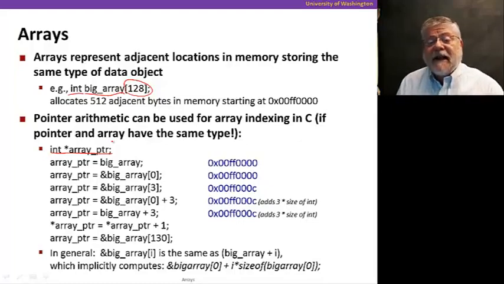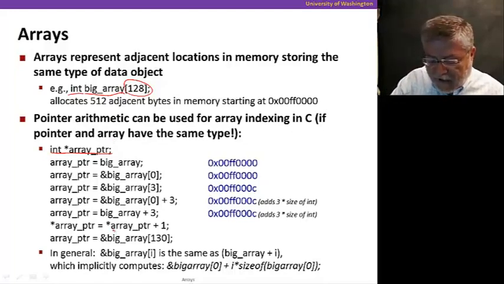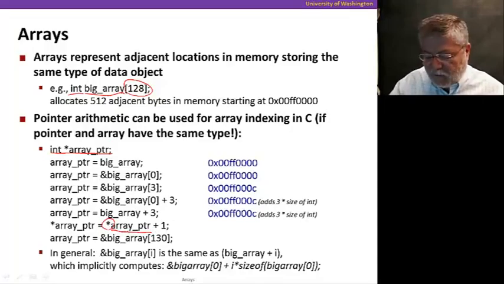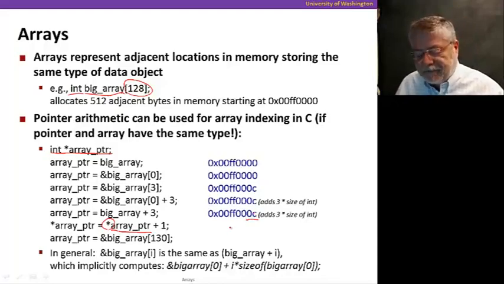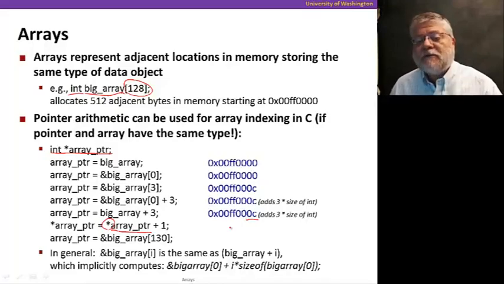All right, and this next example is a bit more complex. You'll notice that it's using 2 dereference stars, one on the left-hand side and one on the right-hand side. The one on the right-hand side is saying, get the value at array_ptr and use that as an address and go get the value there. Well, what has array_ptr been set to? We had just set it to this address that ended in 0C. So we're going to go into that location, get the value stored there, add 1 to it, okay, and then